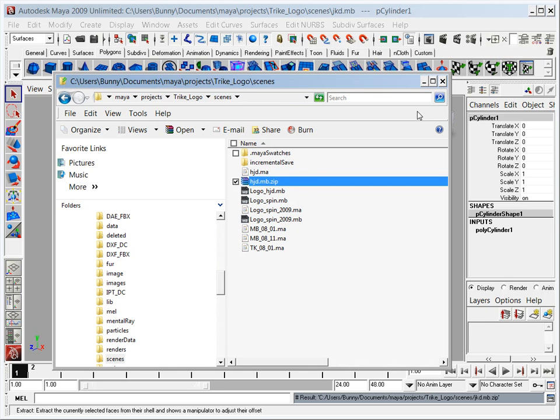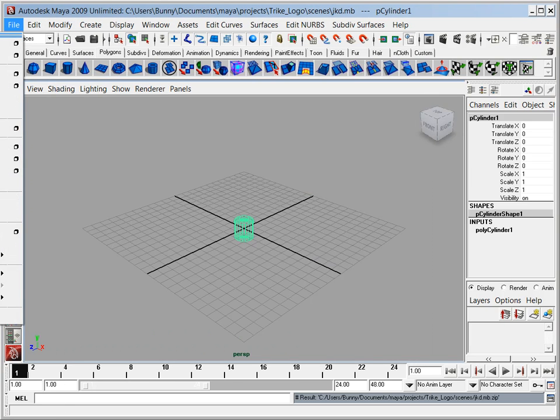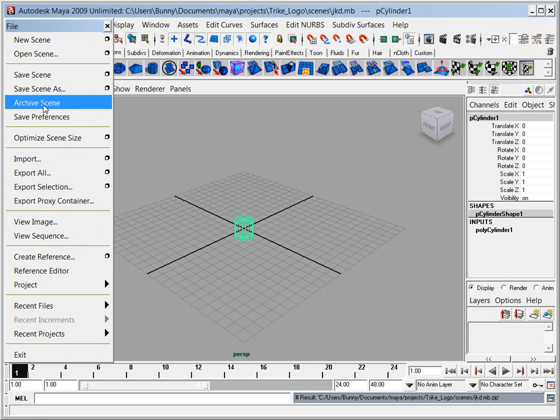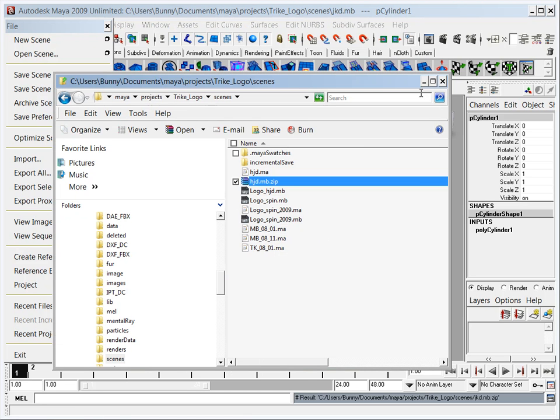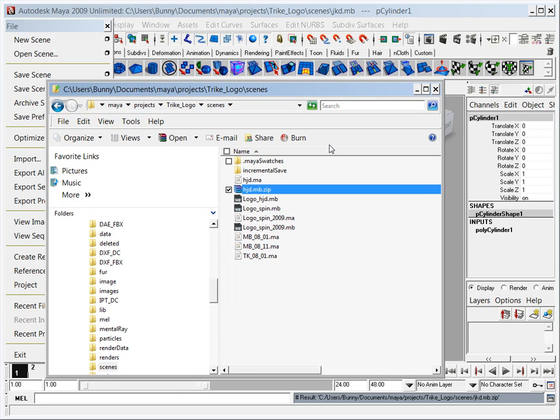you could render, save a JPEG. You could save as and export a, what was the language on that again? You can archive your scene, right? And then you'll be saving that out, and you can upload those to the discussion area, or wherever you need to. You could email it to me or to whoever it is that